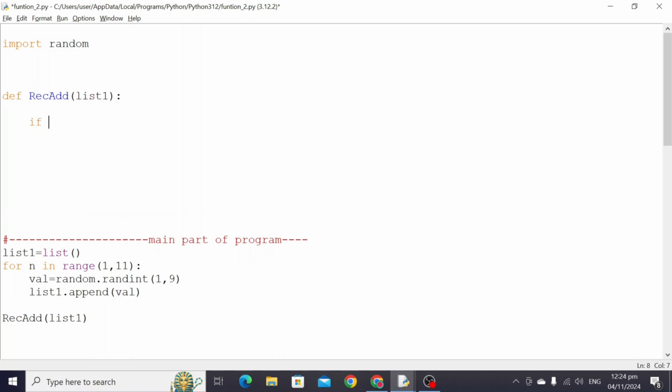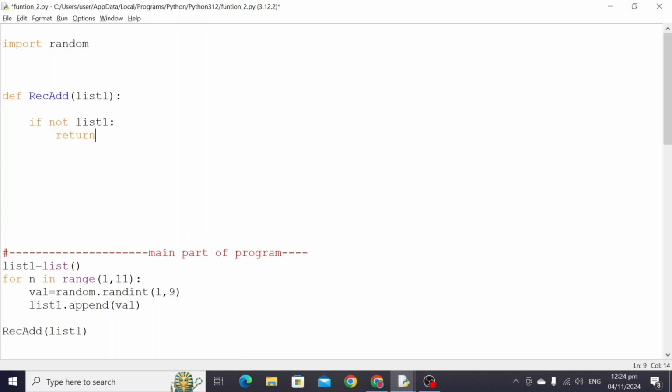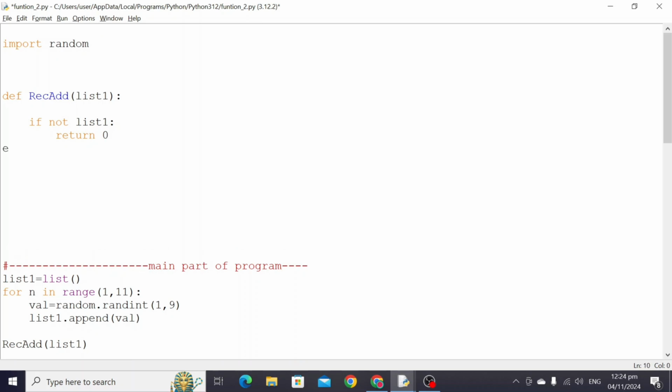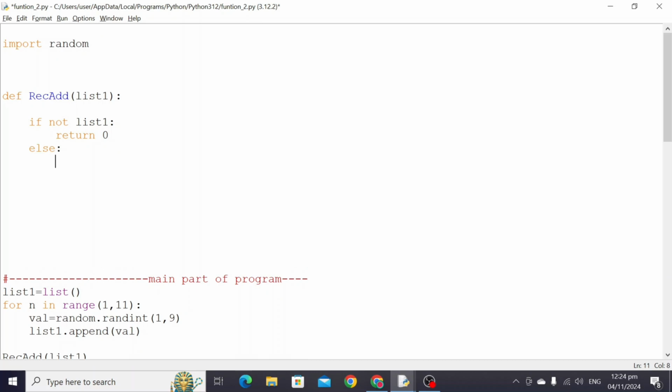Now, if not list, what is the meaning of it? If not list means if the list is empty, if there is no value in the list, so we put the direct condition here, if not list. If it is an empty list, then return 0, which means stop the recursive process. Else, now what do we have to do here? We have to write down return,